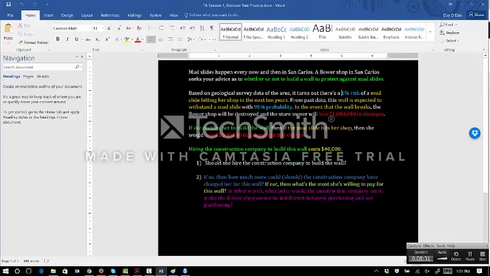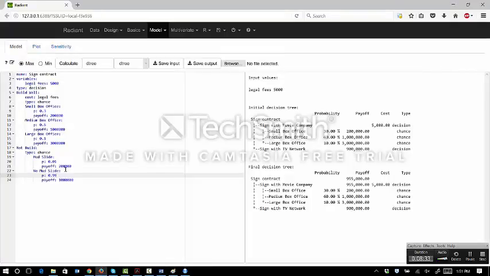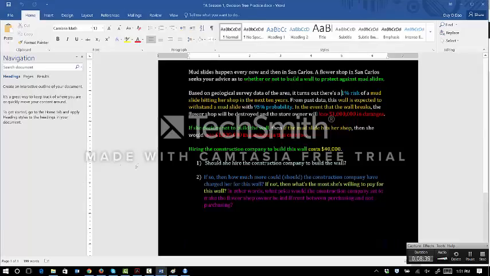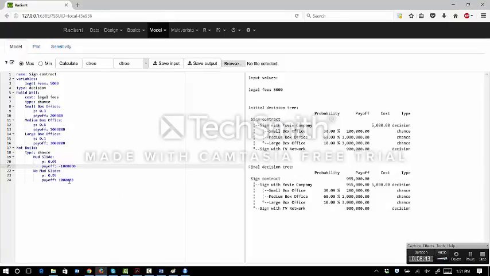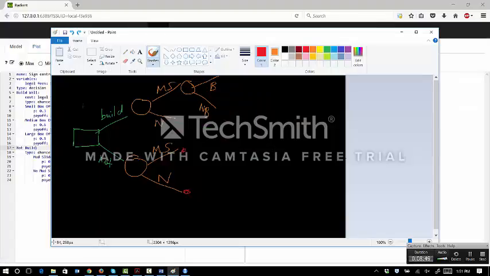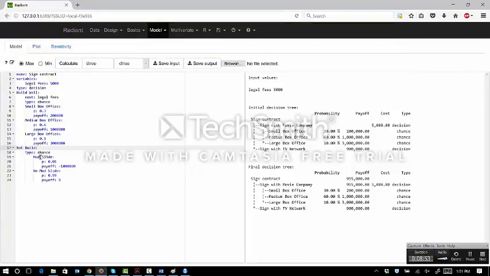And if it hits, she'll lose $1 million. Okay, and if it doesn't hit, then she doesn't lose anything, right? Because she didn't have to pay anything, she didn't lose anything. Okay, but if she decides to build the wall, then there's this event. There's actually kind of the same thing